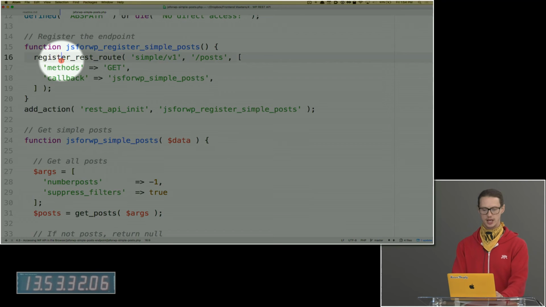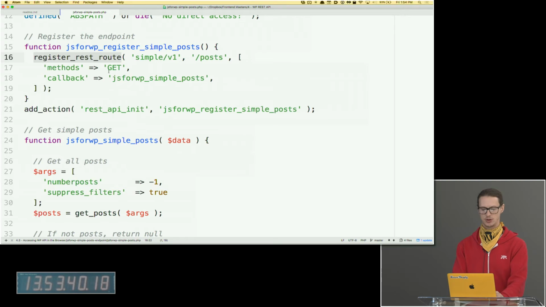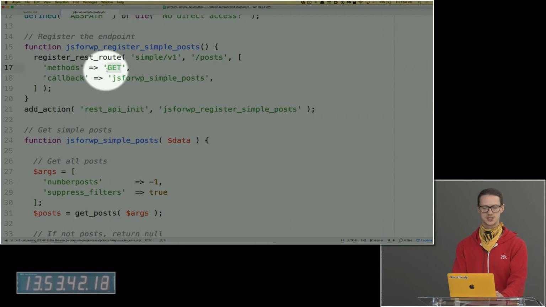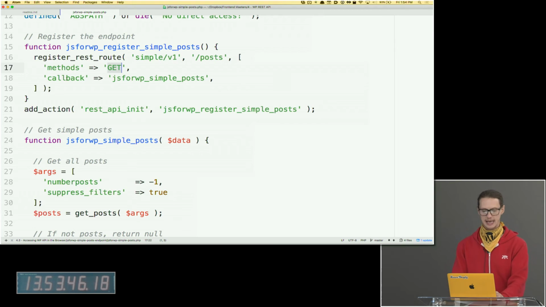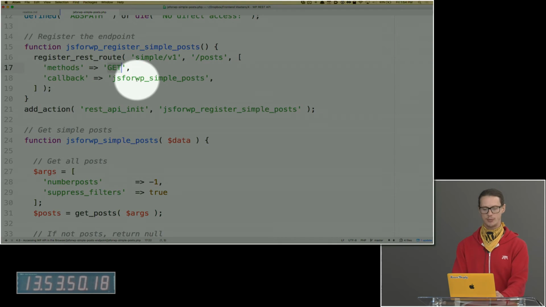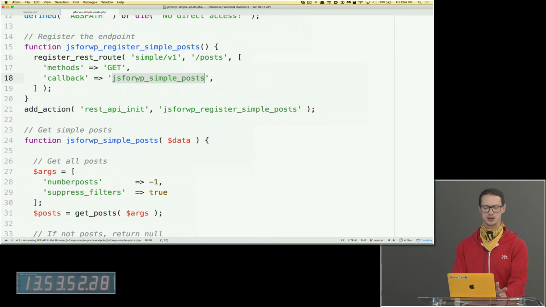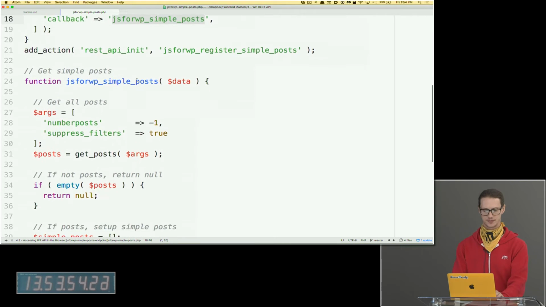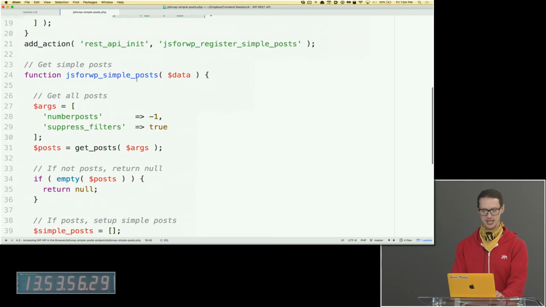So first of all, I'm registering my route and I'm telling them what it's going to be. So it's going to be /simple/v1, and then I'm only going to have posts available. You could only get posts, so I'm not going to let anybody save or delete posts with my code. And then if somebody hits this, what should they do? Well, that's going to load this callback function, which will tell WordPress what to do. So coming down into that,